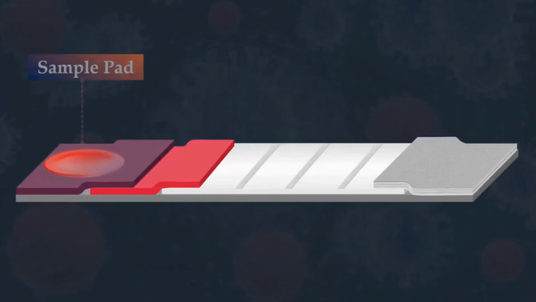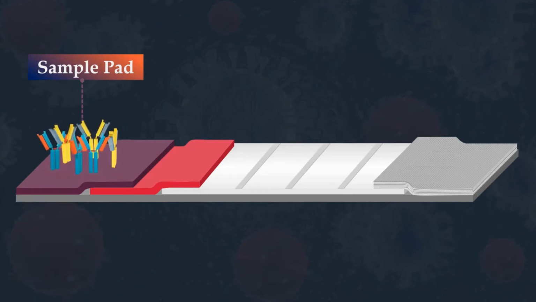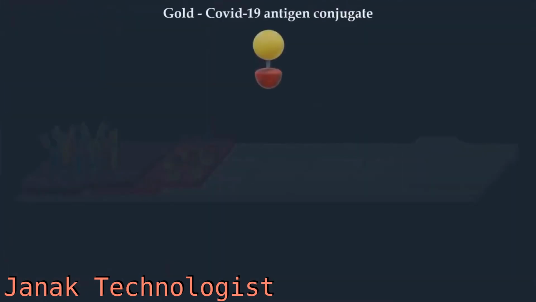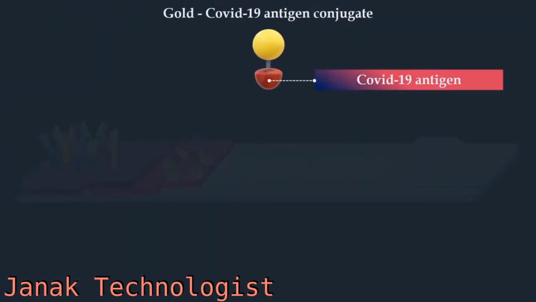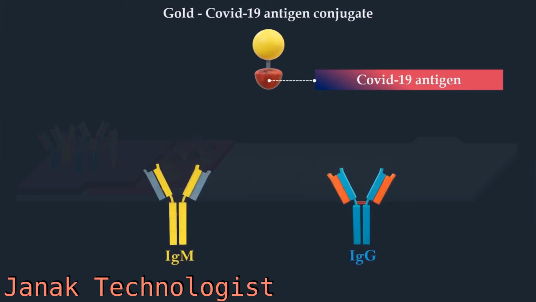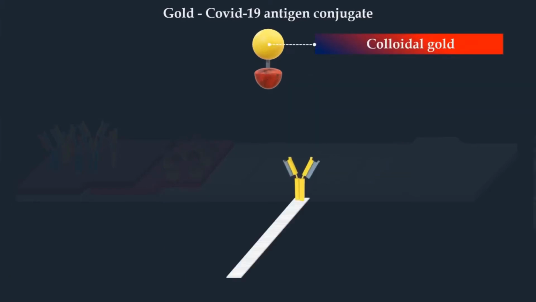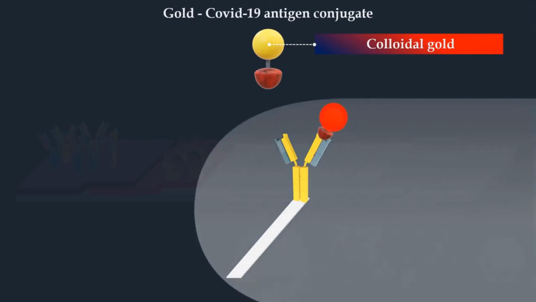The test kit is a qualitative lateral flow immunochromatographic assay. The test device contains a sample pad, where the combined sample flows down, and a conjugation pad, which contains gold COVID-19 antigen conjugate. The antigen will bind to the anti-SARS-CoV-2 antibodies in the sample. Two different antigens can be used, one with affinity to IgM and a second with affinity to IgG antibodies. The virus antigen is labeled with gold nanoparticles, which can be used as a visual indicator because of the nanoparticles' interactions with visible light, so that the gold nanoparticles absorb and scatter light, resulting in a red color.